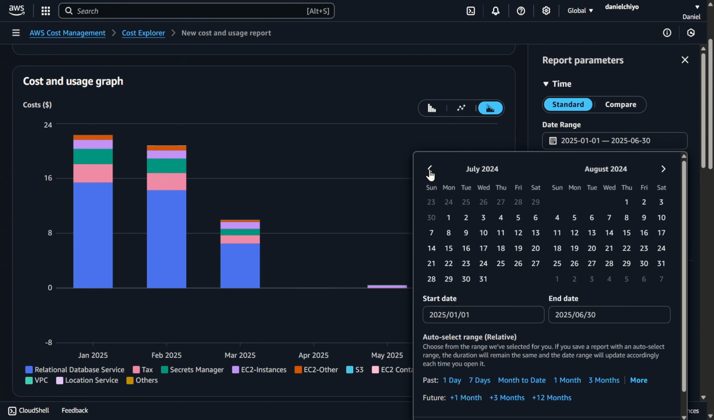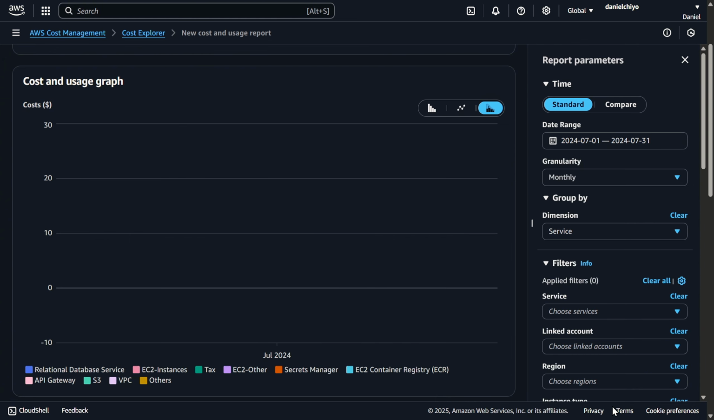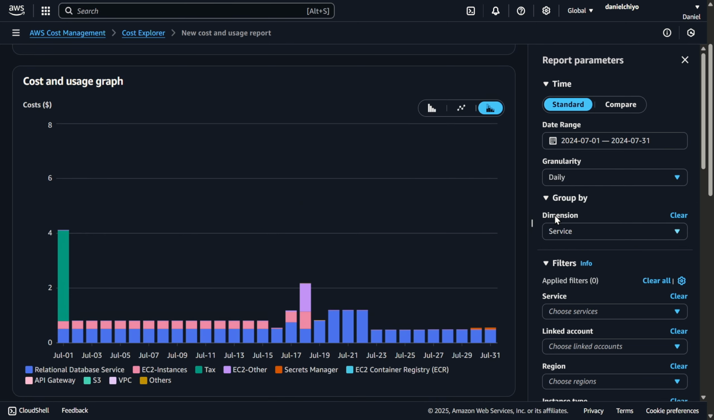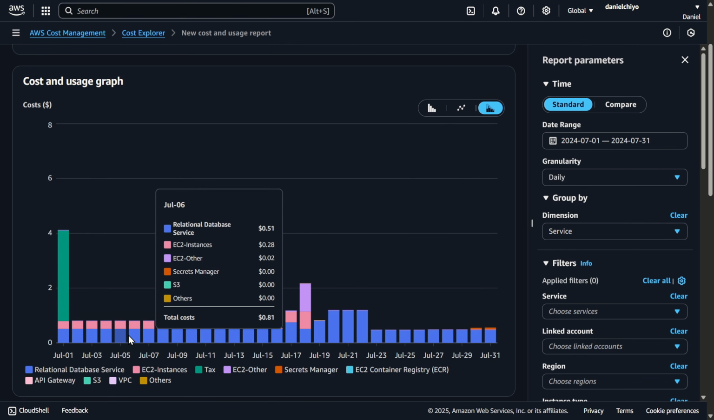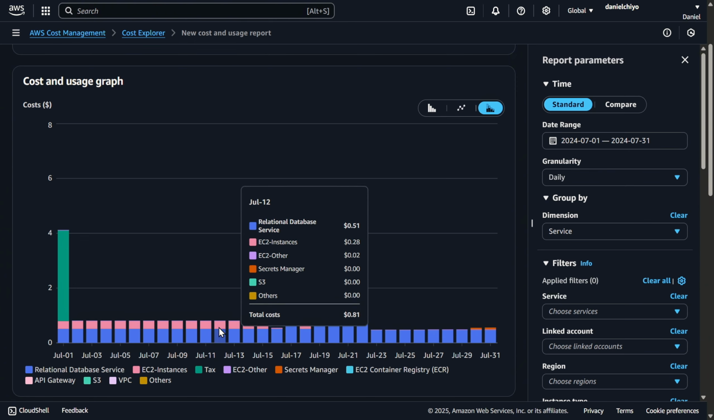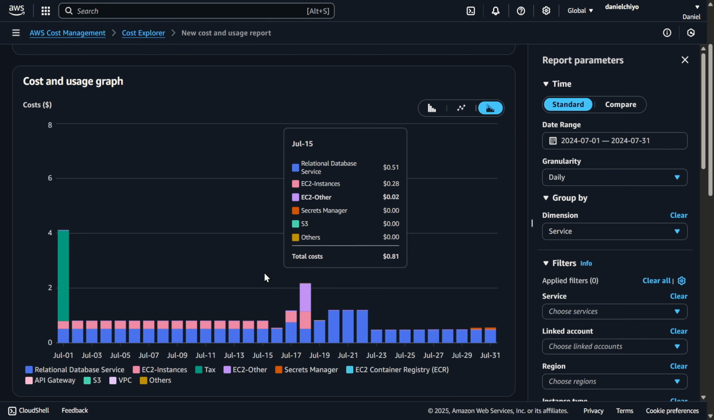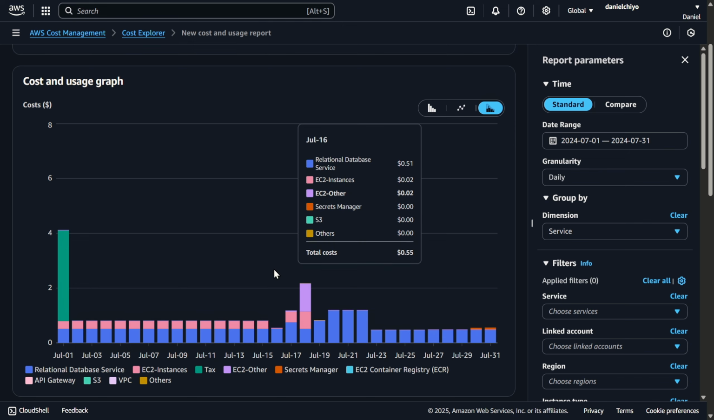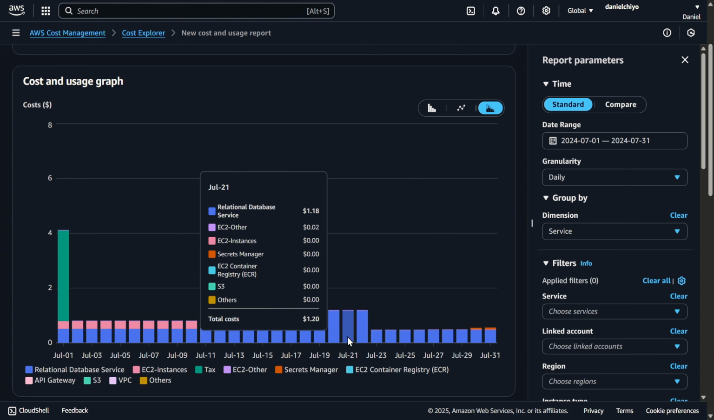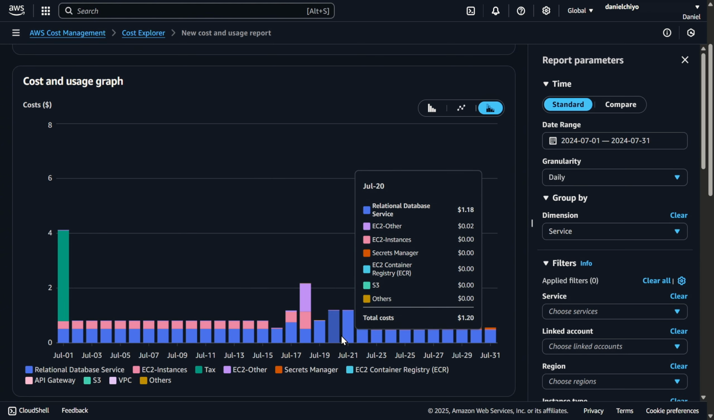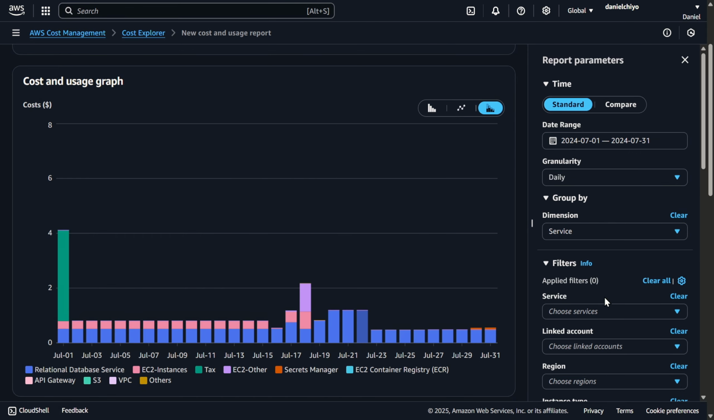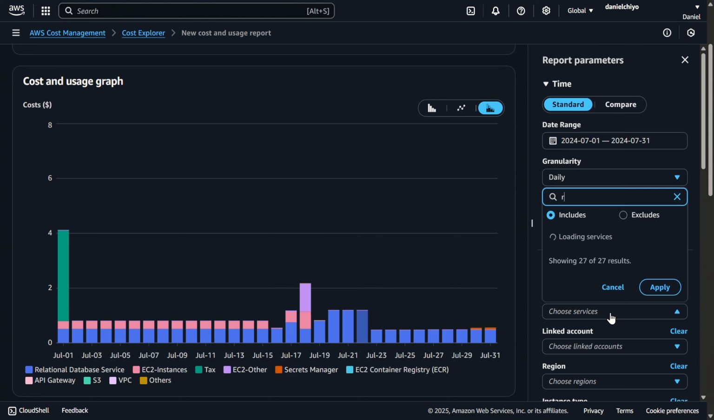It has some interesting activity to look at. Also, change the granularity to daily so we can see how costs evolved over time. We can see the costs broken down by service, things like RDS, EC2, and EC2 Other. But it's not clear what exactly is included in each of these categories. How could you understand what caused this RDS cost increase on the 20th, for example? To investigate it, we can filter only the RDS service